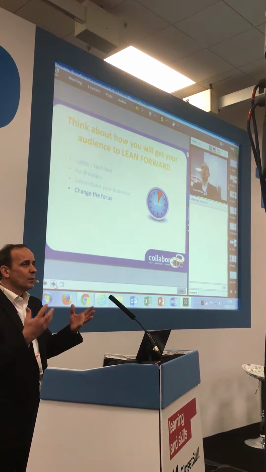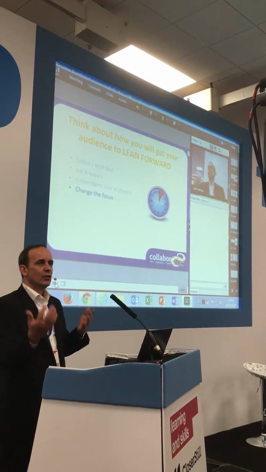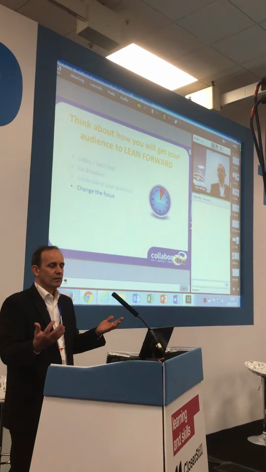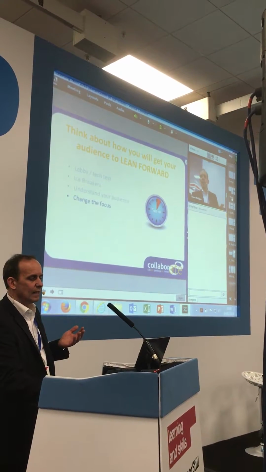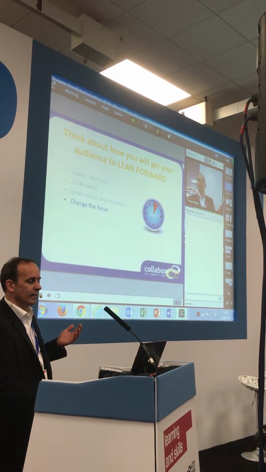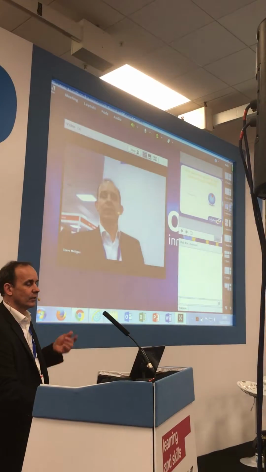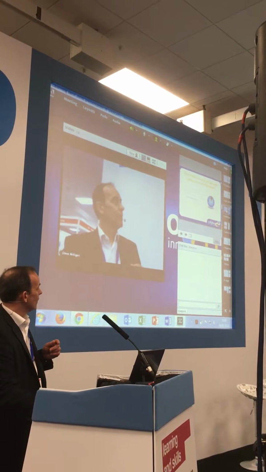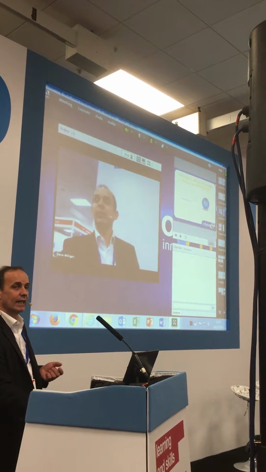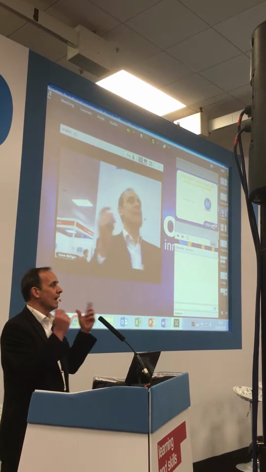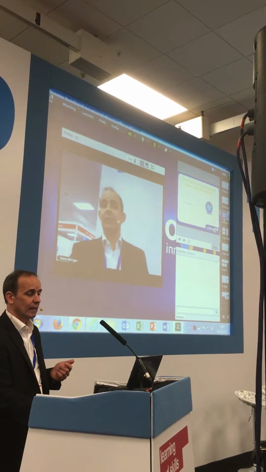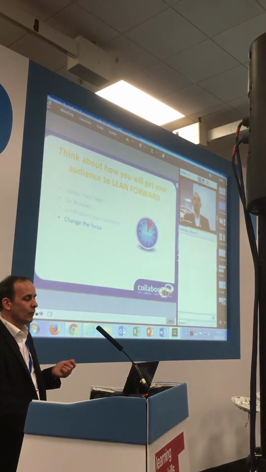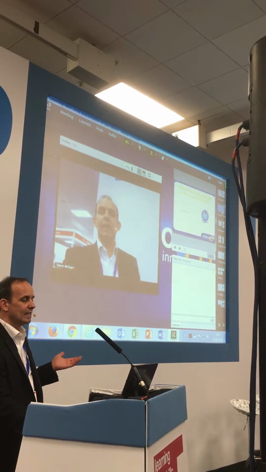This one's quite a simple one. This is again just seamlessly using different layouts. So I've got 2 different layouts that I've set up here. One is I'm presenting my slides, and the other one is I'm changing my focus. Now you'll see where I've got my webcam on. So this is just toggling between 2 layouts. One is changing the eye of the audience. It's getting them to lean in and look at me, yeah? And I can just flip back and forward between these 2 layouts as and when I want.